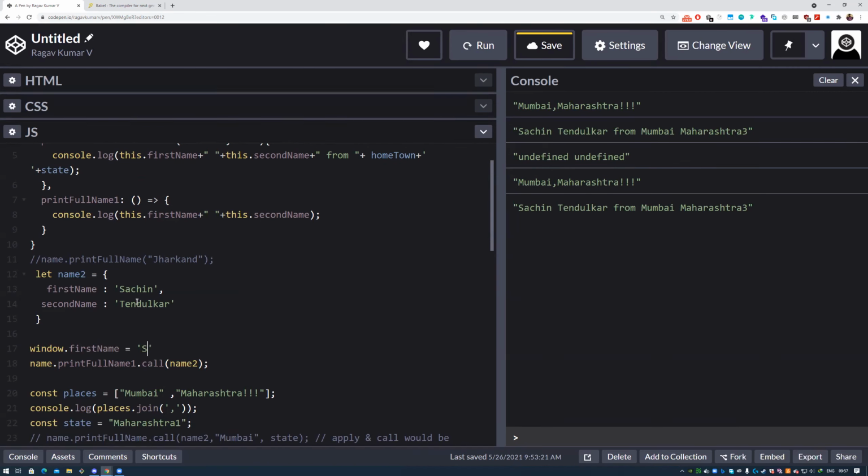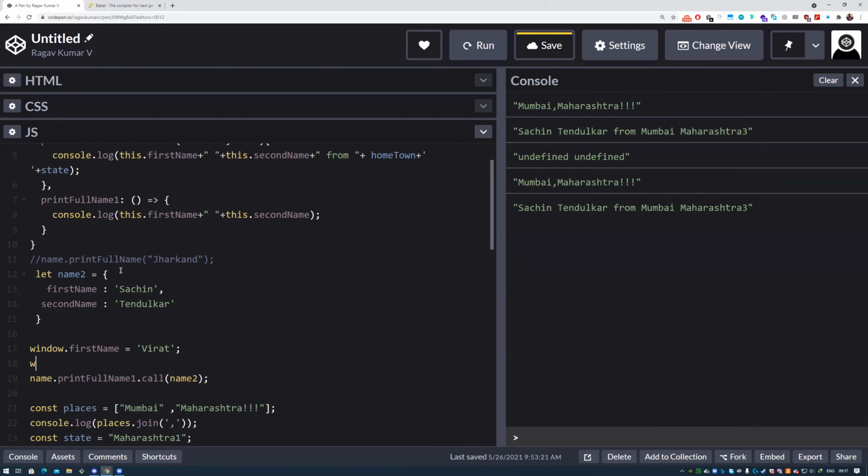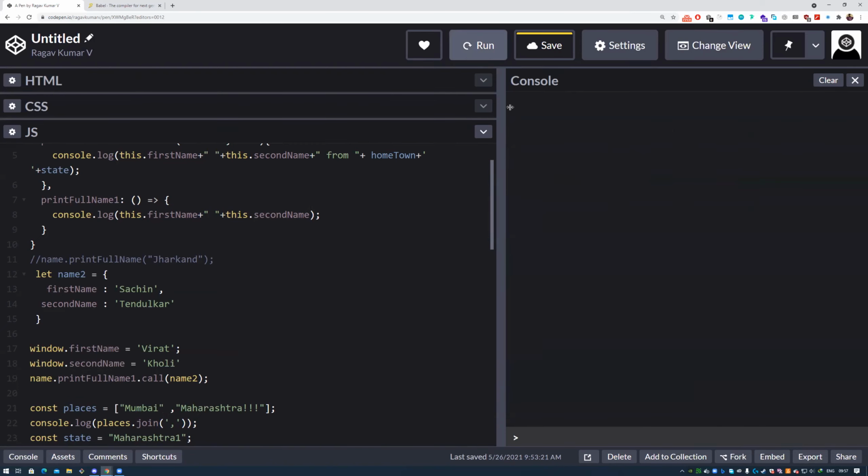Let's say I have Virat, and I give last name, the second name. I'm getting Virat Kohli because I can't set a context manually like this. That is the problem, which is why this has no context there.